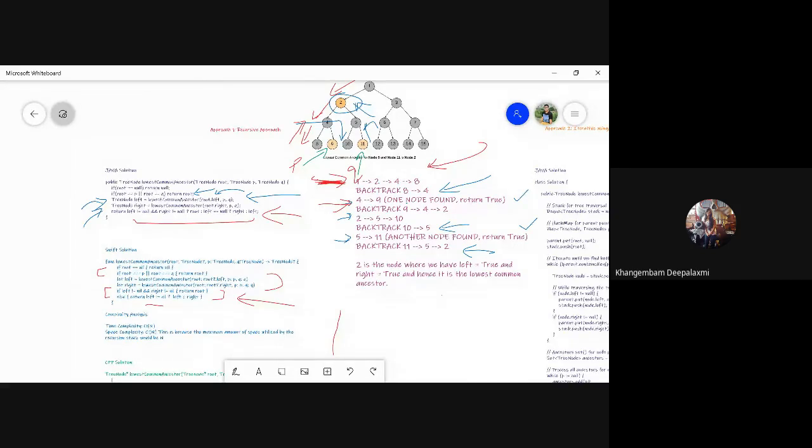When we found the 9, which is P, then we are returning true. In that, the left would be basically the 4. See, it is calling in a recursion only, right? So the method called is lowest common ancestor with 3 values. One is the left node, one is P, and one is Q. So the root dot left is basically 8 for the first DFS.